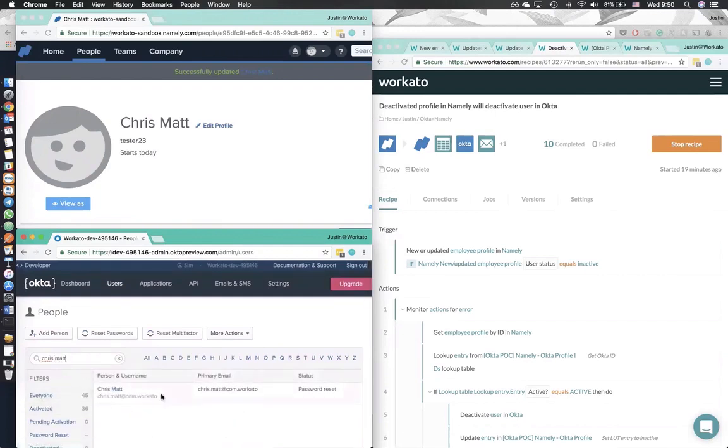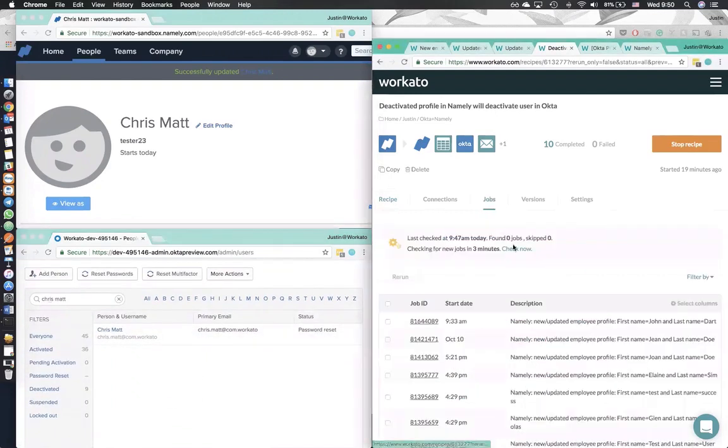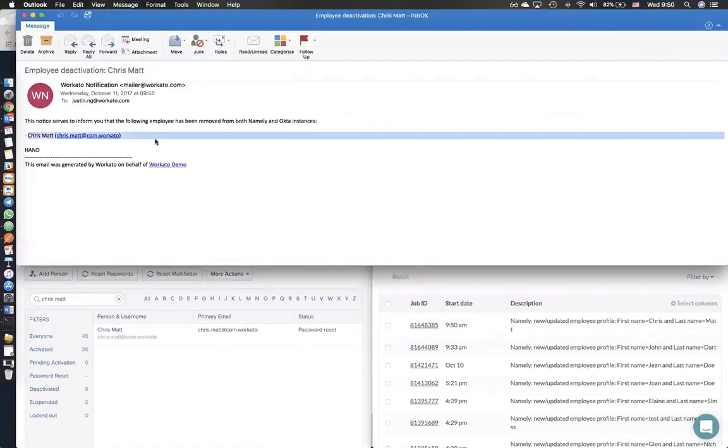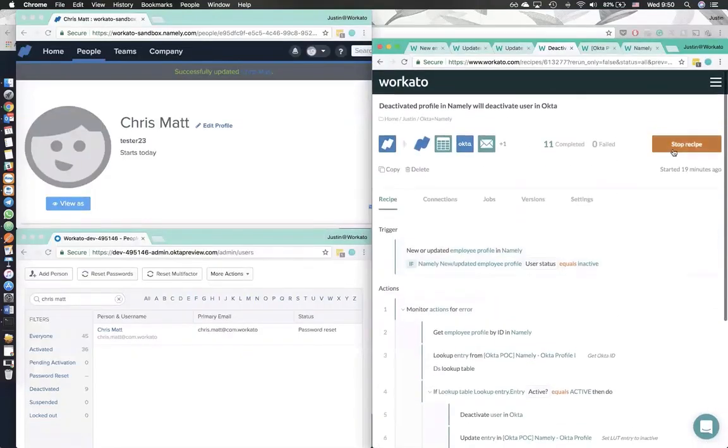As of now, Chris Matt is still activated here. And once this recipe runs, which I can fast forward by pressing check now, there we go. Once that happens, I'll get an email saying that Chris Matt has been deactivated. And this is not a standard email. Okay, I'm just gonna hop on over to the email